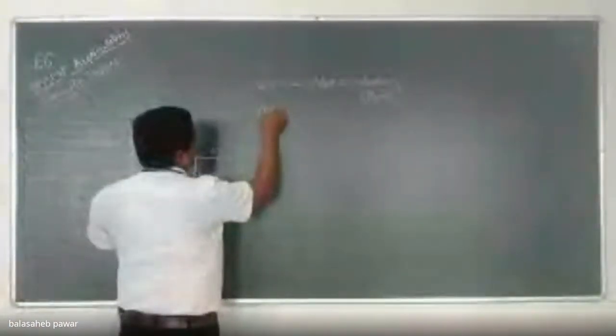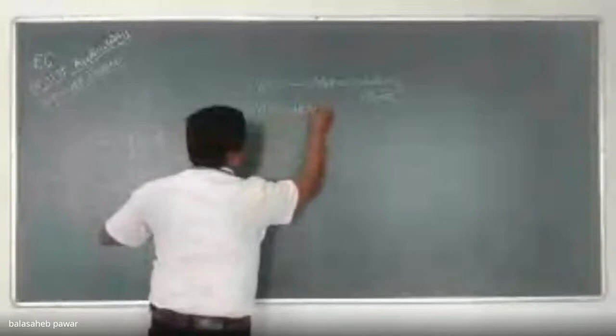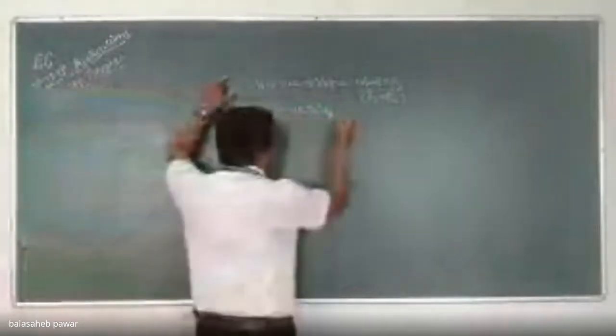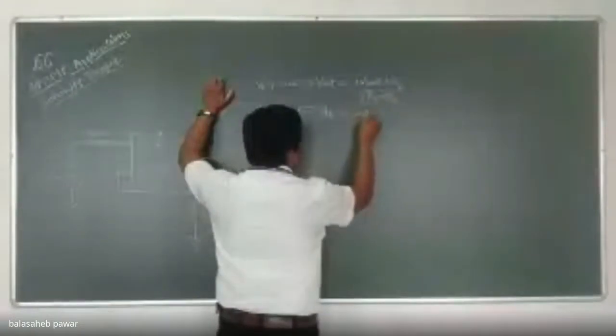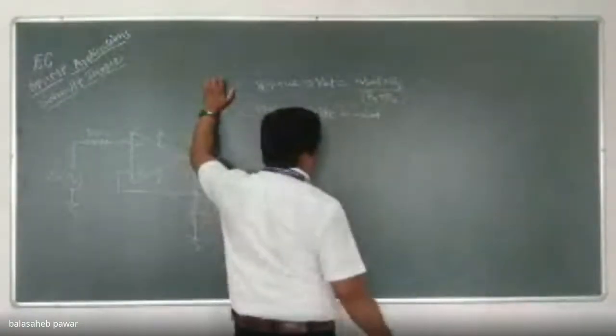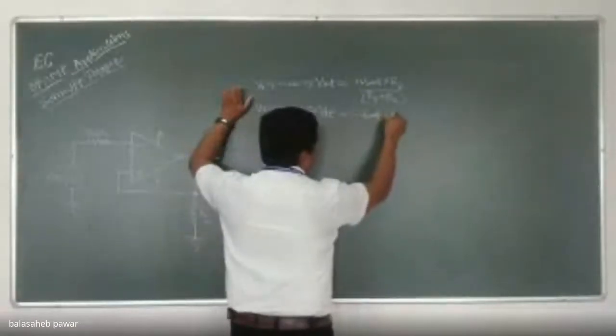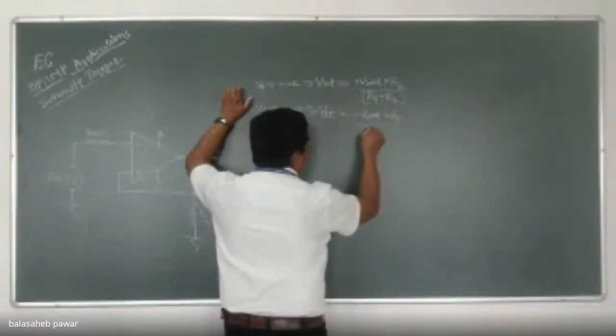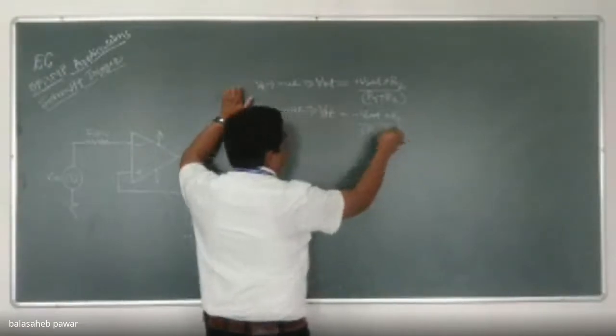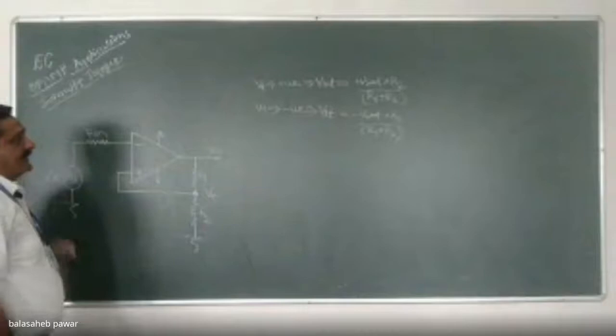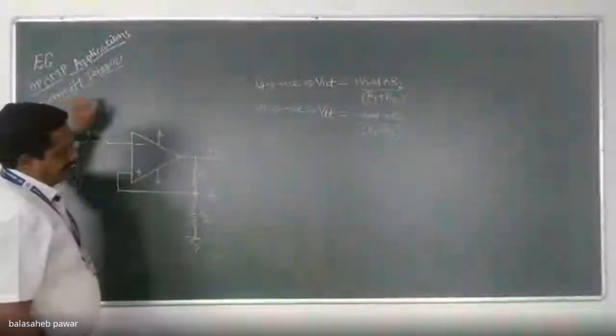Similarly, if the initial output voltage is minus Vsat, then this Vt will be negative, right now. If the initial output is minus Vsat, then this Vt will be negative. Negative Vt is denoted by VLT, lower threshold voltage. Okay, and how can we determine that lower threshold voltage? That will be equal to minus Vsat, because we are considering the initial output as minus Vsat now. So minus Vsat into R2 divided by R1 plus R2. So these are the two formulas to determine VUT and VLT, right?